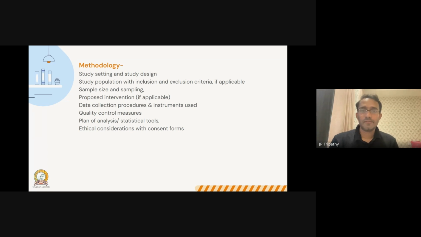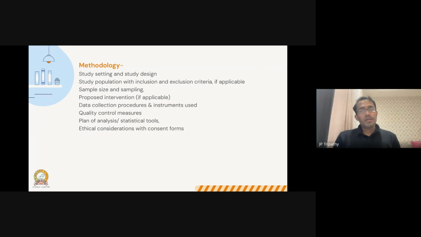Whom are you going to recruit in your study? What is your study population? Are they males, females, elderly, age group 18 to 45, children, or infants 0 to 1 years, or adults admitted to my hospital during January to December 2024, or patients with pneumonia in the OPD in the year 2025? So be very specific in your study population, and it should contain who, when, and during what time period, age groups, and all these things you have to mention.